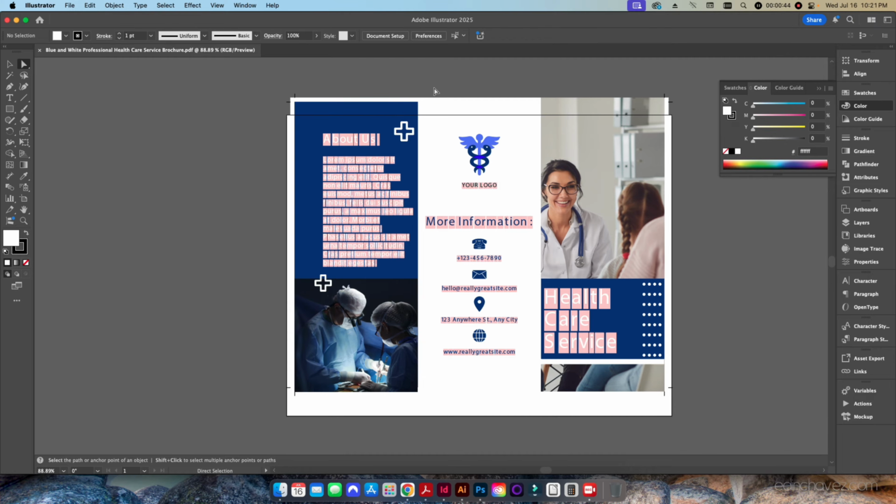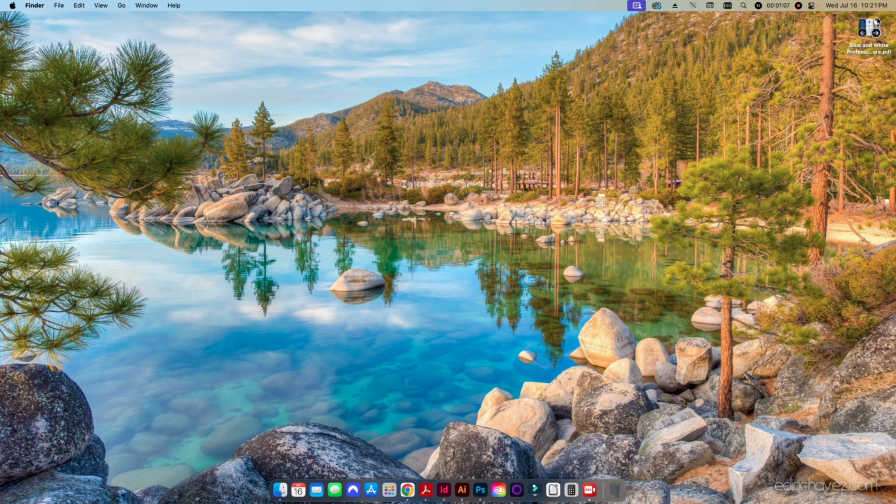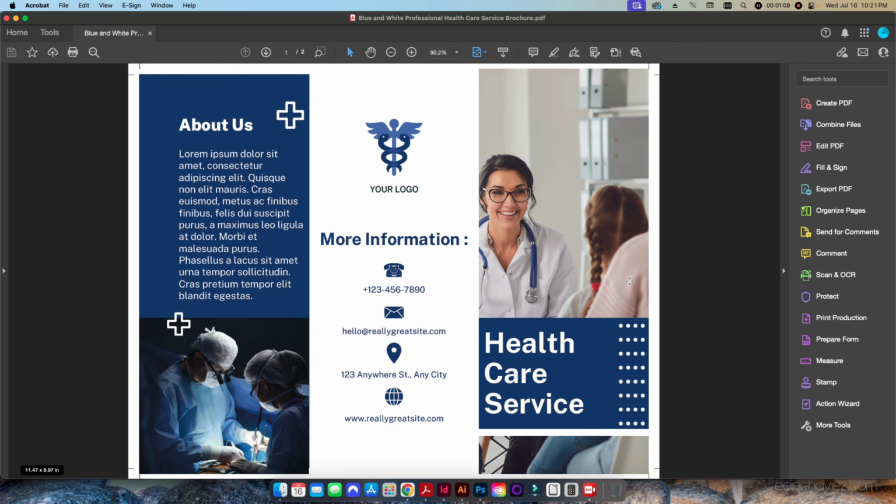But you'll notice here, I also have some other issues going on. A lot of this page content has jumped outside of the pasteboard for some reason. This is just a file that I downloaded from Canva. So, there may be a myriad number of problems going on with this file trying to edit with another program. So instead, what I'm going to do is just open it in Acrobat Pro like normal,